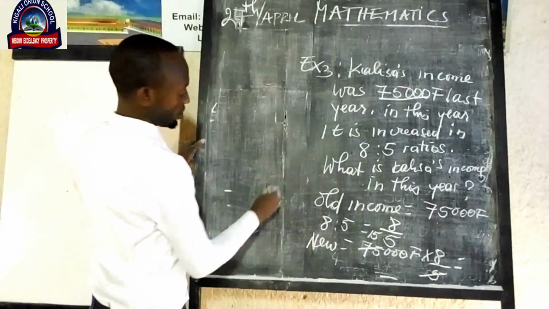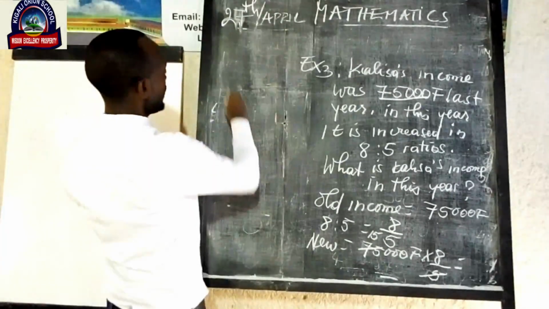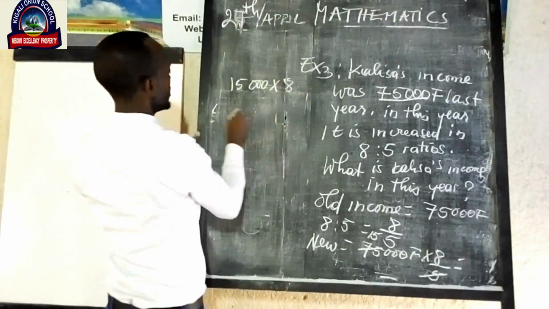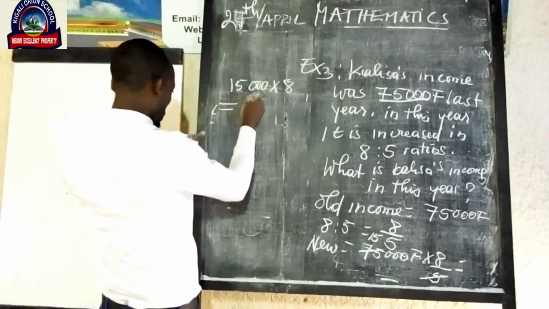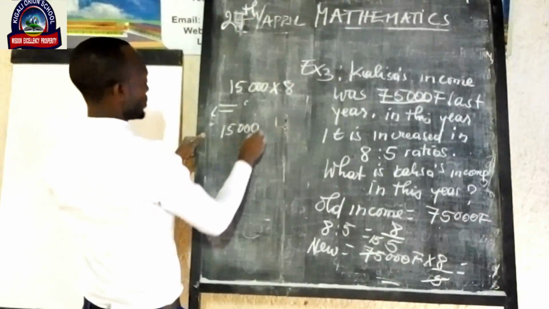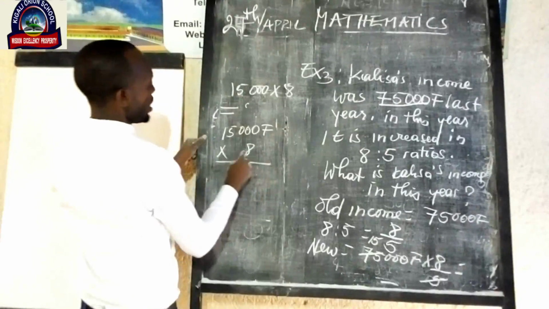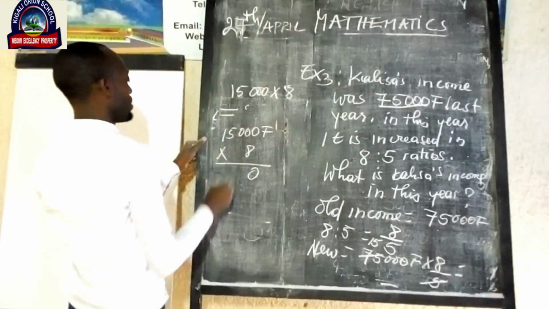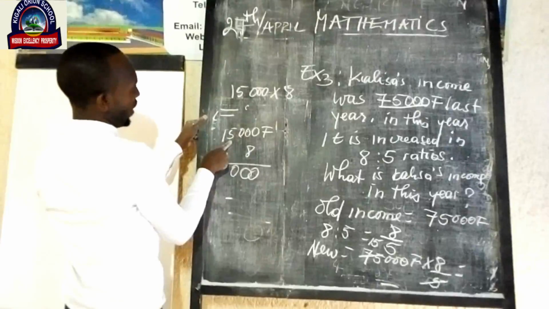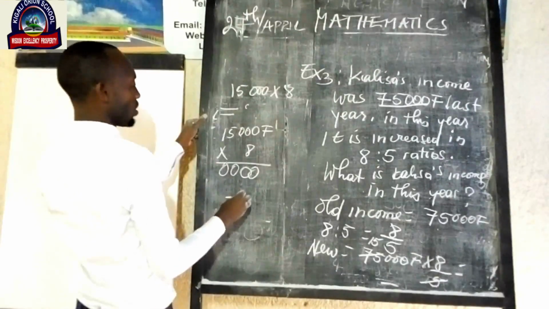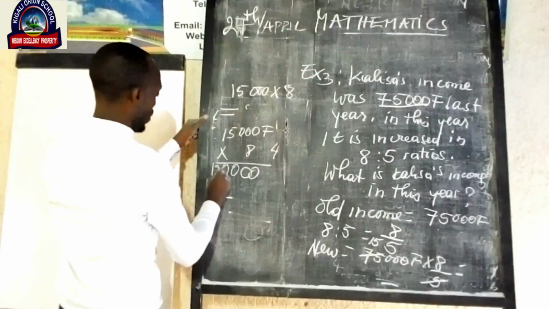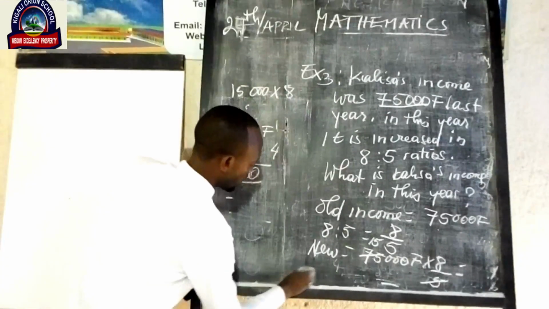So the answer is 15,000 francs times 8, which is equal to, I multiply myself, 15,000 francs times 8. 8 times 0 is equal to 0. 8 times 0 I get 0. 8 times 5 is equal to 40. I write 0, I keep 4. 8 times 1 is equal to 8 plus 4, I get 12. So his new income is equal to